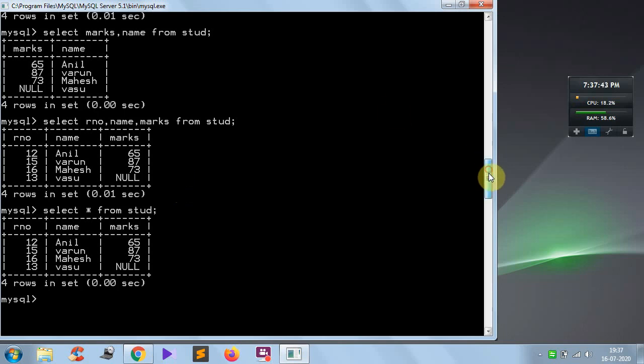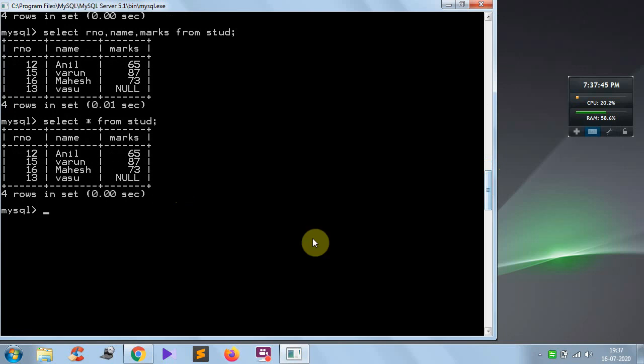One more option is there. Suppose I want to insert one more student: insert into stud values, roll number 17, and name, his name is also Varun, comma, 62 marks.